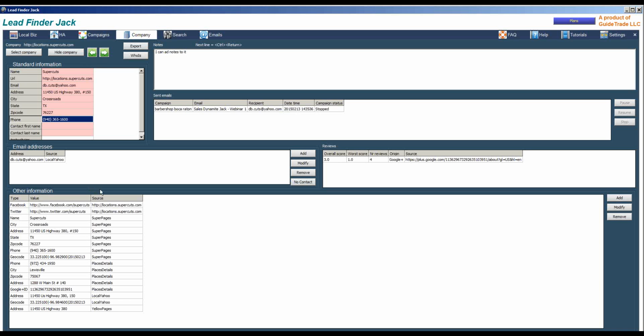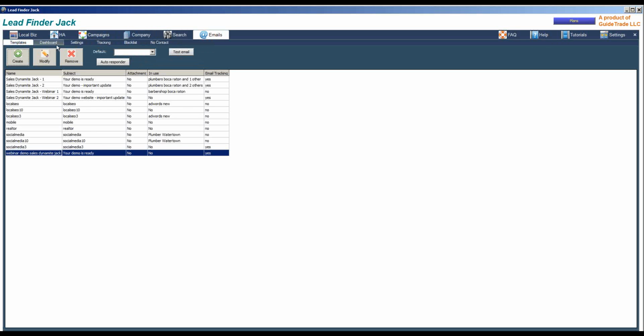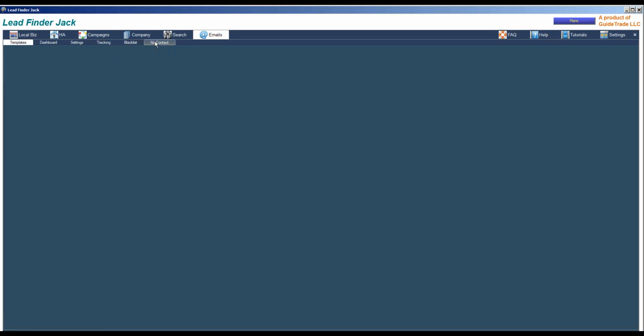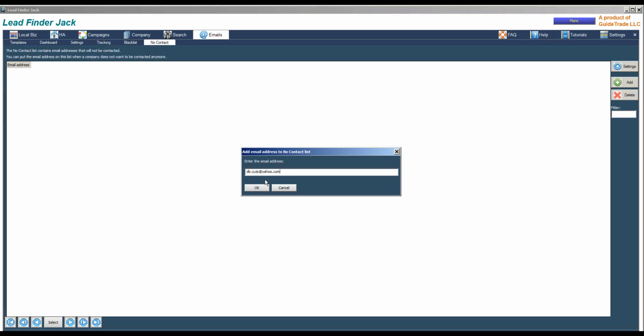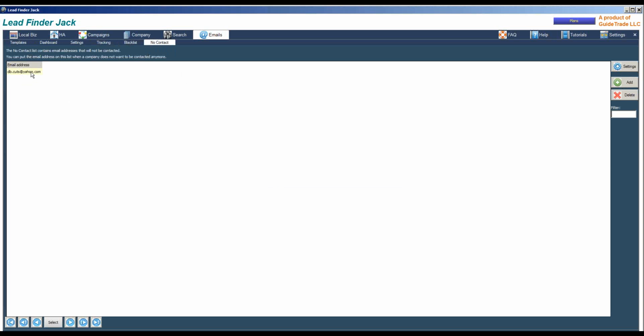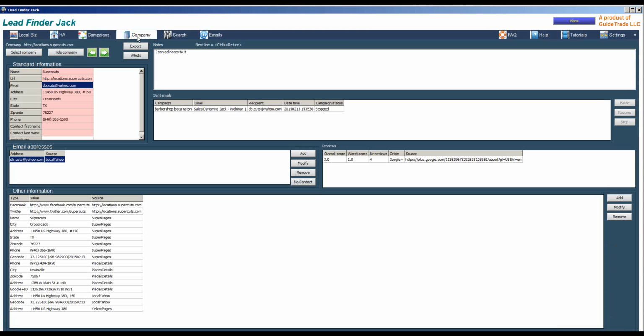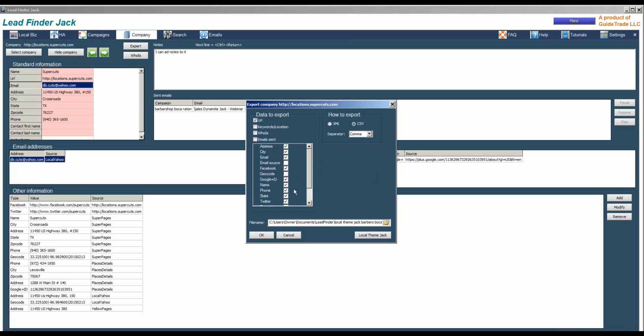Another method for that is, and we're going to cover it a little bit later, you can also get that email address by double clicking in the field, or here. You copy it, you go to emails, and you go to no contact, you add that email, and now that company will never get an email, because that email is set, don't contact that company. So you can export this company information,